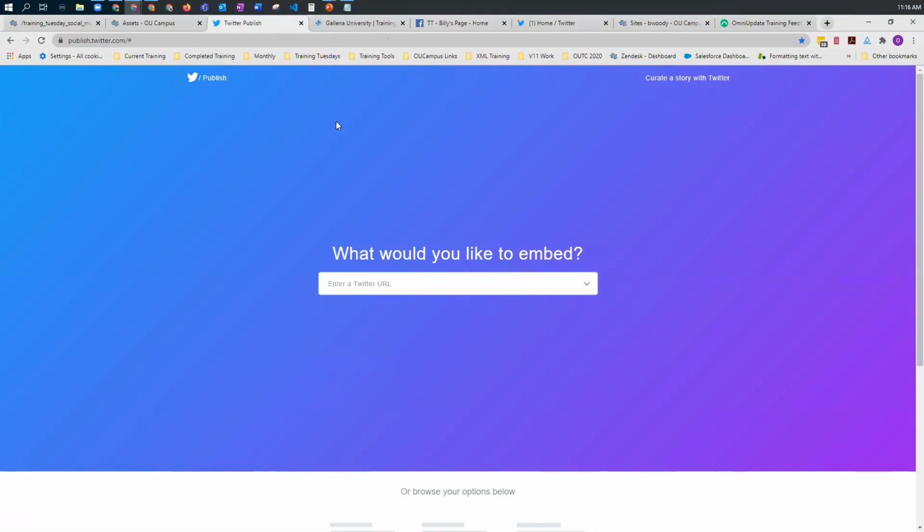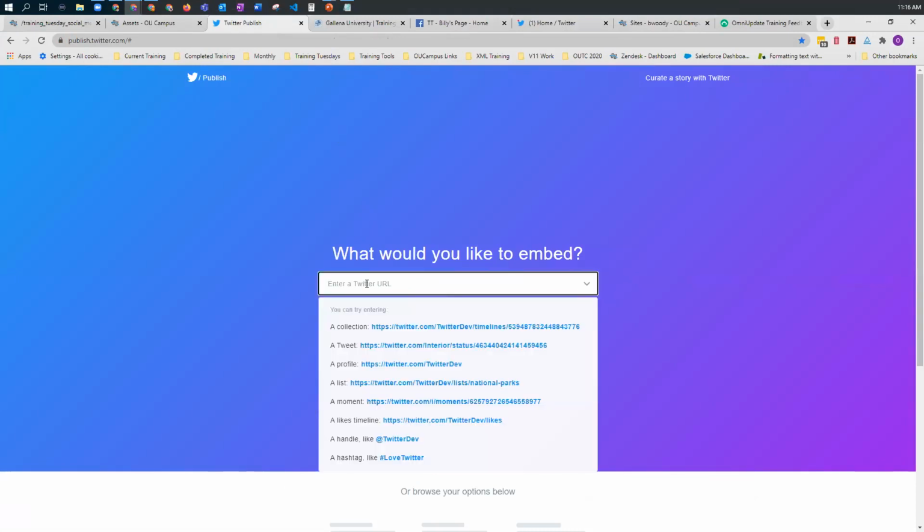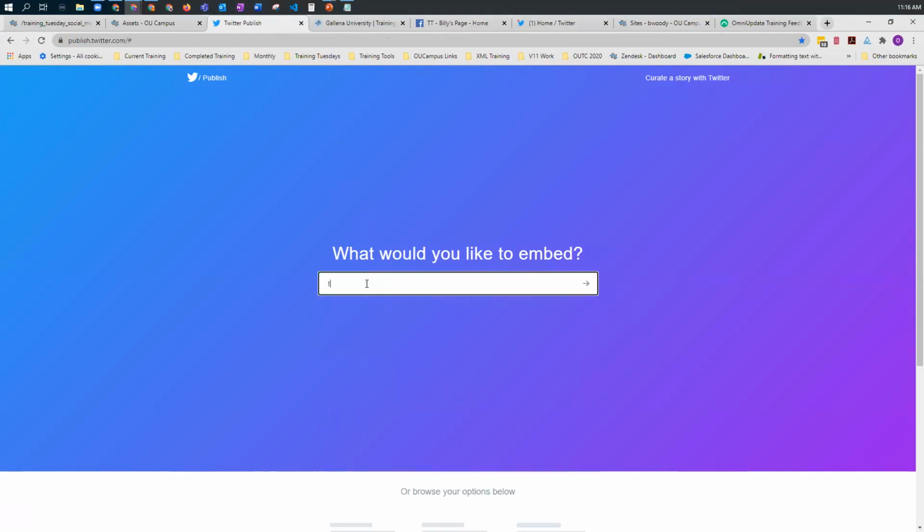And what you're going to want to do is you're going to put in the feed into the account here that you want to actually build a feed out of. So in this case here, under the twitter.com, I'm going to use the OU Campus Training Twitter. So that's going to be twitter.com/OU Campus